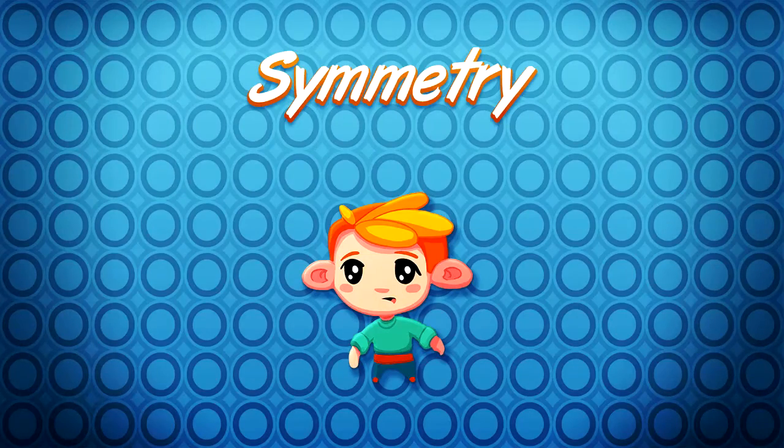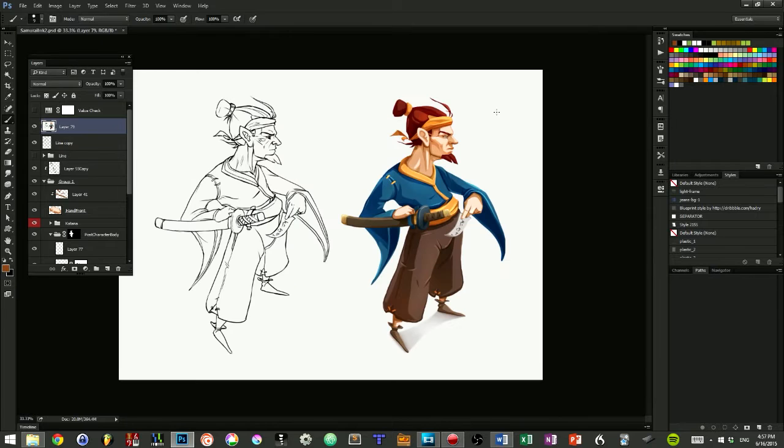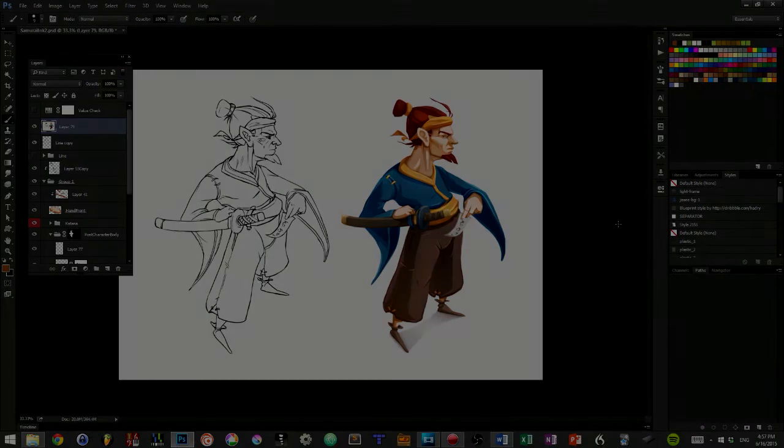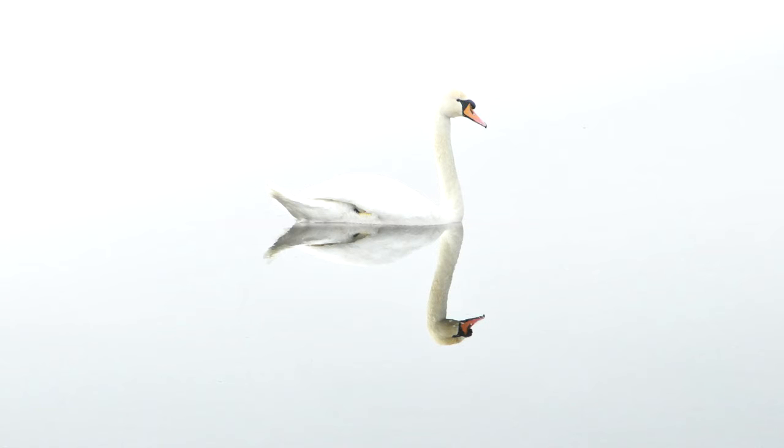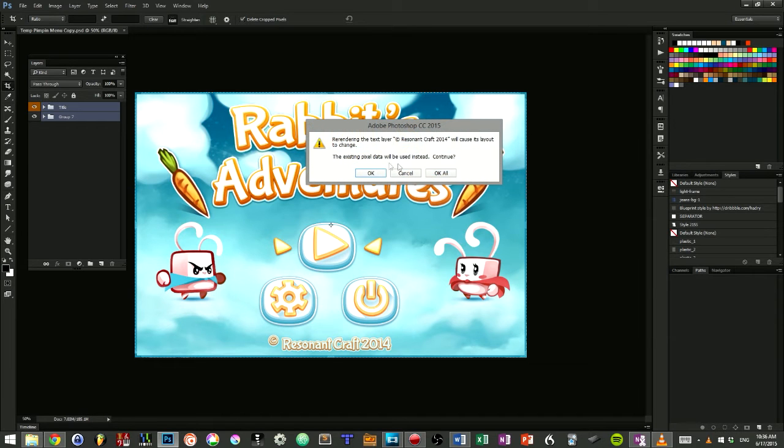Trick number 3. Symmetry. This is the one technique to instantly refresh your eyes while working. Once they are shown in symmetry, the visual defects we got used to become visible again. Traditional artists themselves often use a mirror to change their perspective on a painting and see its defects. Speaking of defects, symmetry is not very convenient in Photoshop.